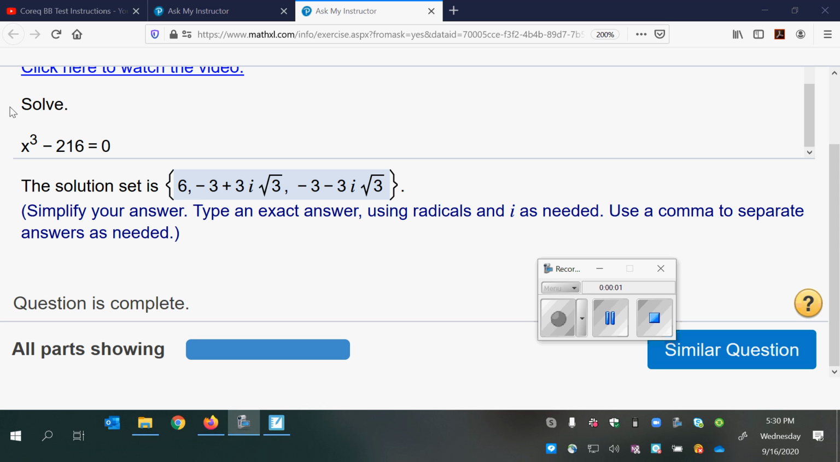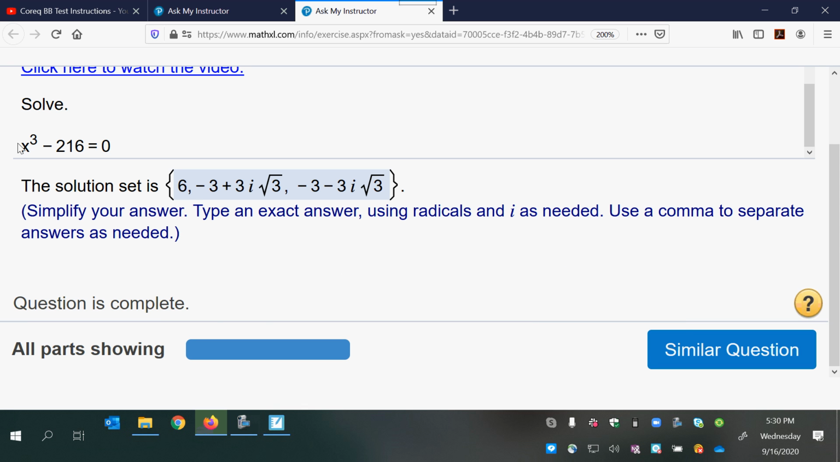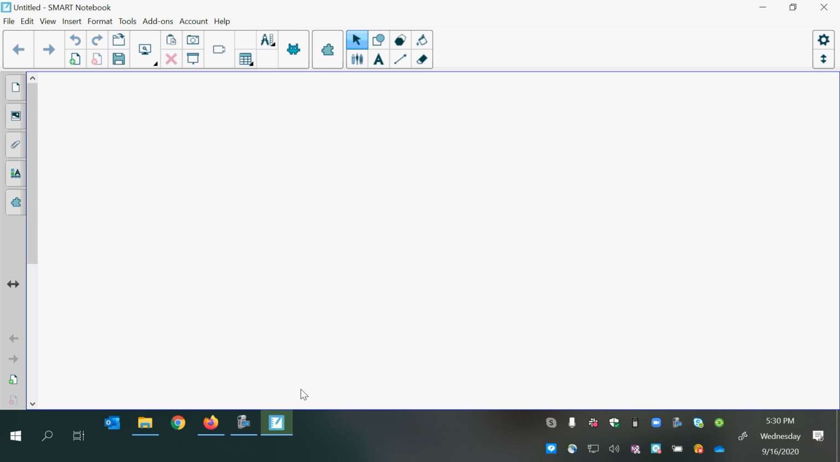Right, so we're asked to solve this equation here, x cubed minus 216. And we're going to see how that comes out. We'll just do the steps. First of all, you have to know the difference of cubes equation, or rather the difference of cubes factoring. So the difference of cubes,